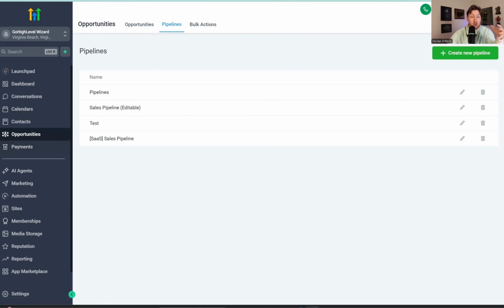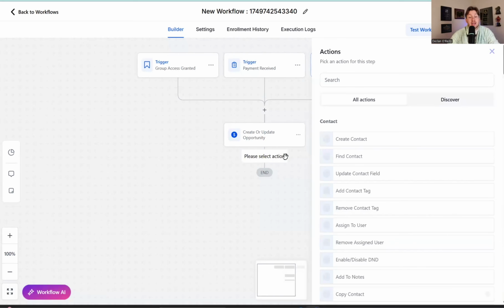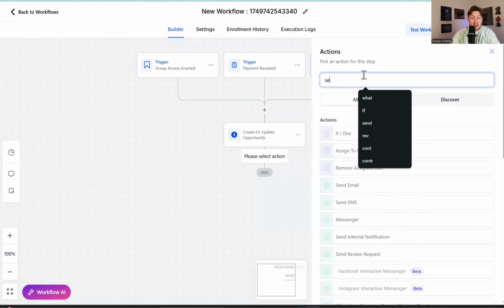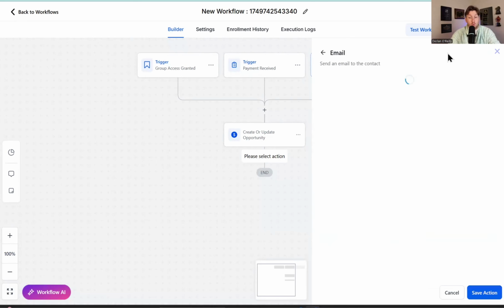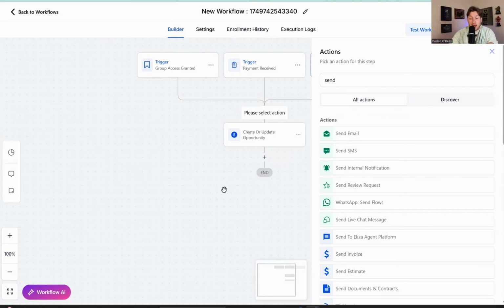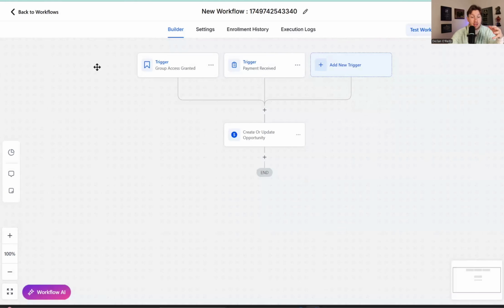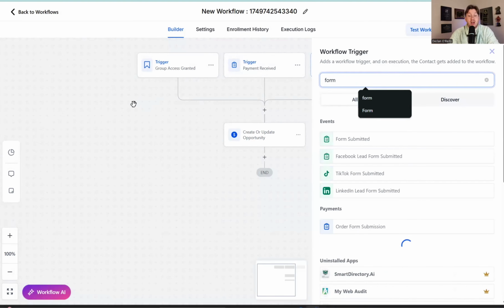This is where you can use number scores and stuff like this. You can come right back in here and edit the opportunity. And then let's say, send them an email and then you start warming them up. And then if they do something in the group, which again, guys, you've got all these different actions, all these different triggers. So say we have a form we built out that goes to some sort of lead magnet you have, and you do form is,